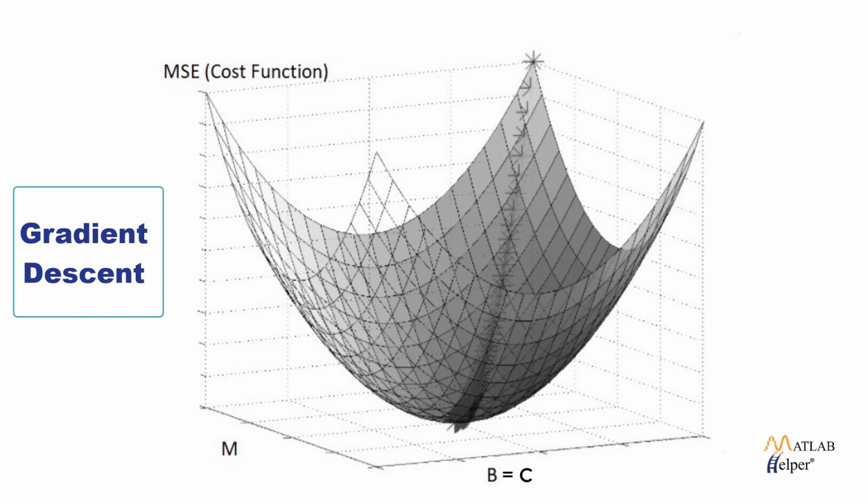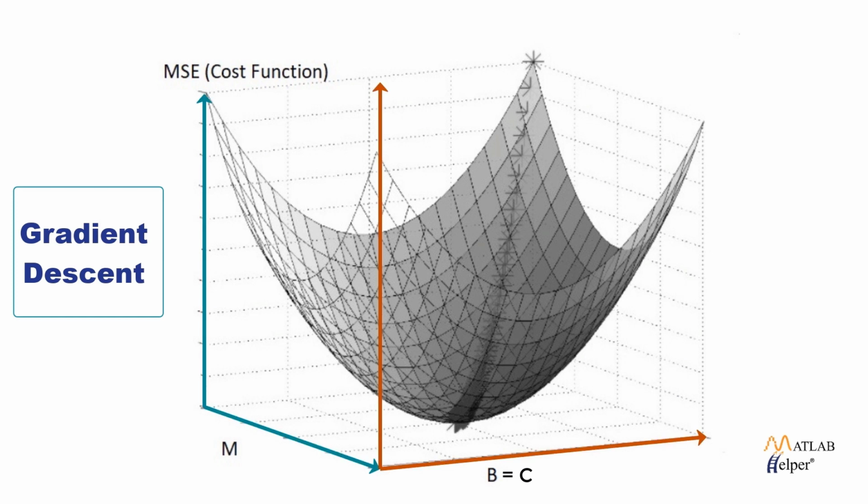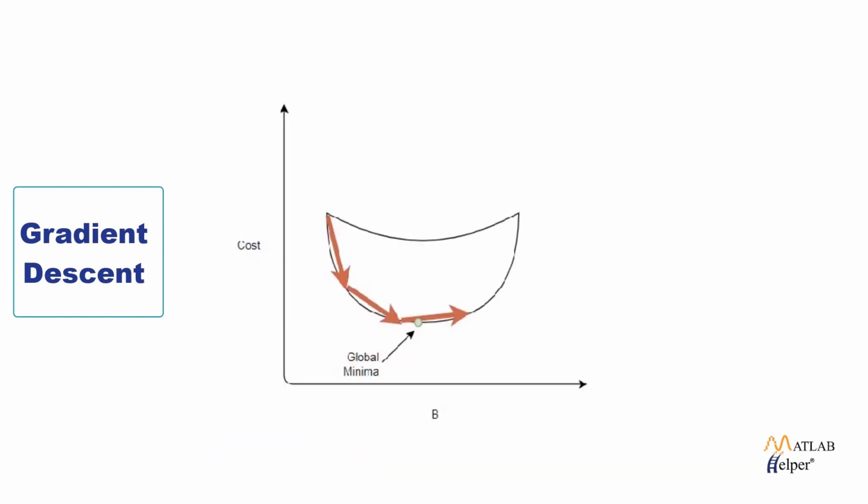We can resolve this 3D graph into a 2D graph. For the sake of simplicity, take any graph for the analysis. Now in the graph, I have taken a fixed step to get the minimum point, but unfortunately I missed the global minimum point, and in this case my gradient descent never converges. This problem is called overshooting in gradient descent.